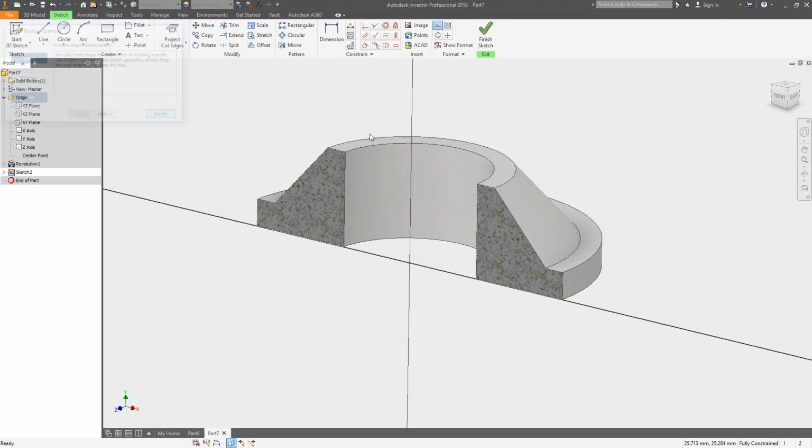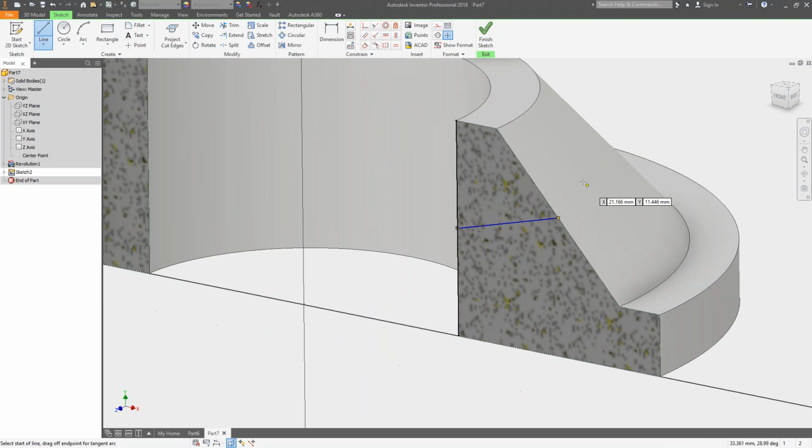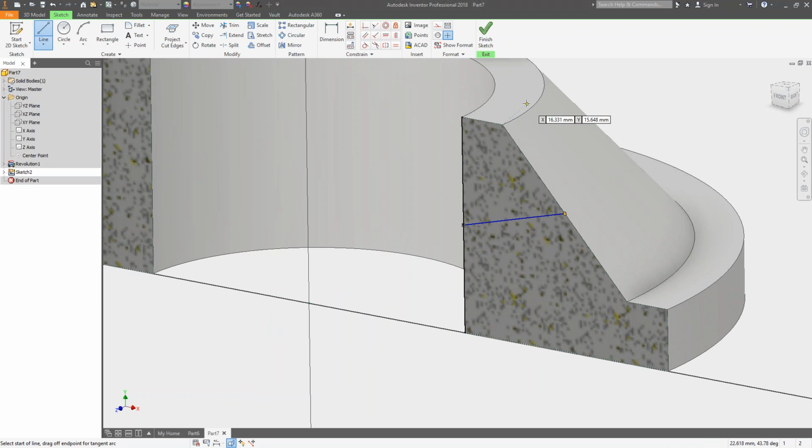construction geometry. So what I'm going to do now is start to create some additional features. So we're going to create a more complex feature here. I'm going to do a line from this midpoint here to this midpoint here. You can see it's kind of at this funny angle, and what I want to do is revolve maybe a hole through this, or some type of